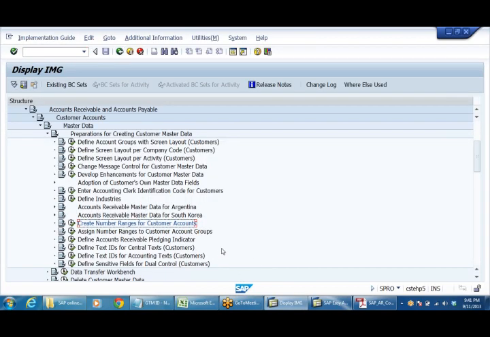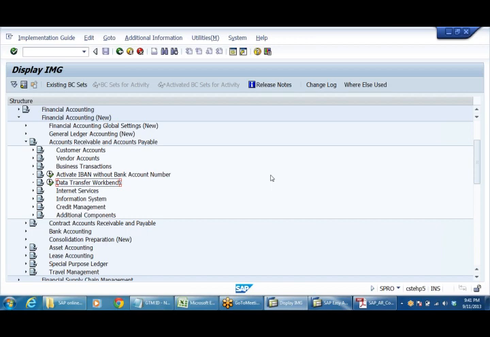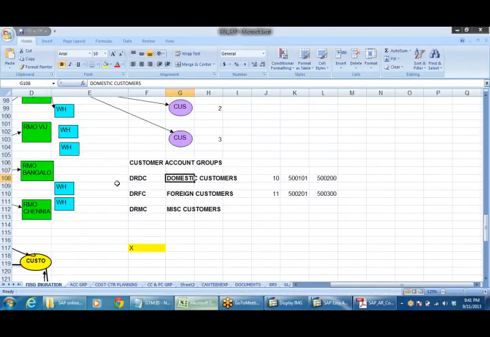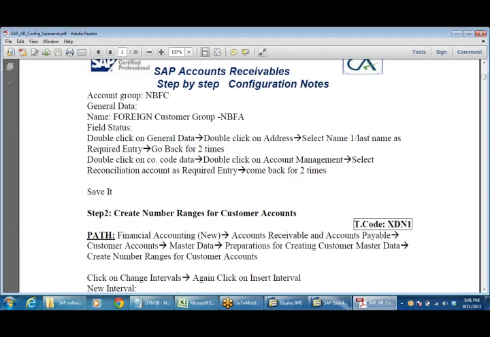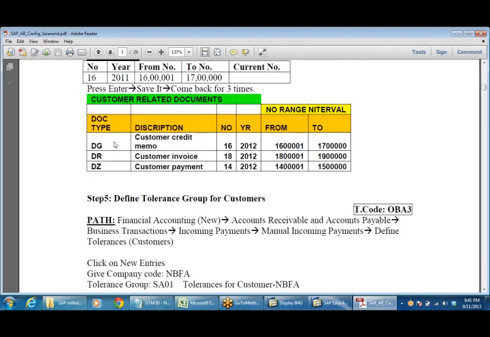Afterwards we defined document number ranges. Document number ranges are, say for sundry debtors, that is customers, documents like DR, DZ, DG: customer credit memo, customer invoice, customer payment.